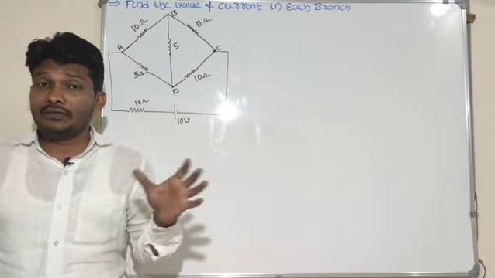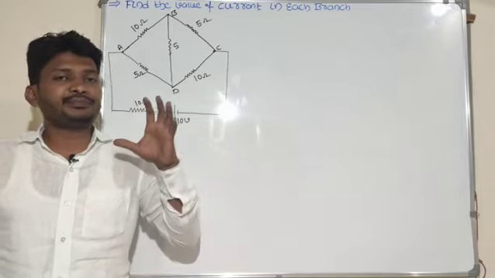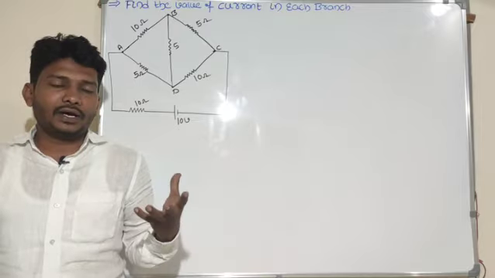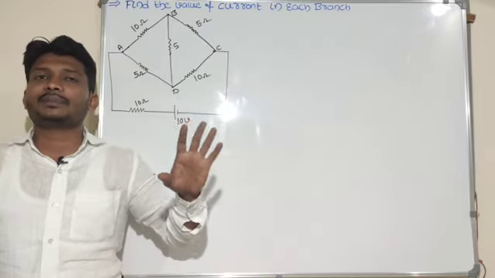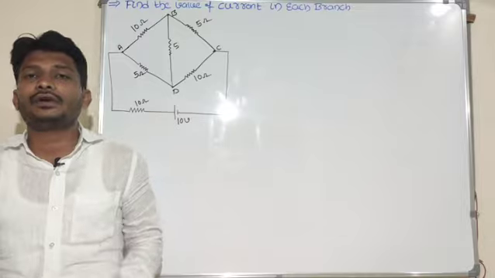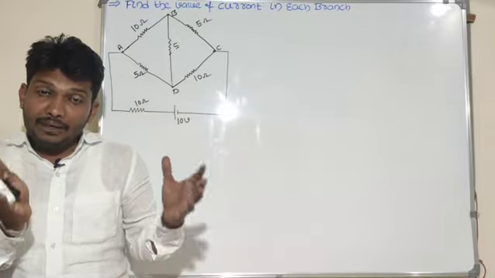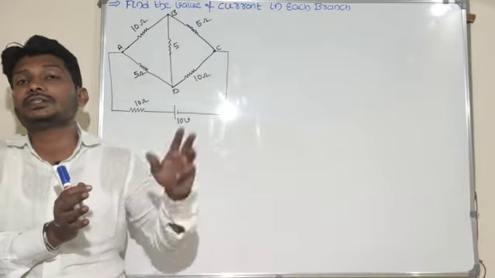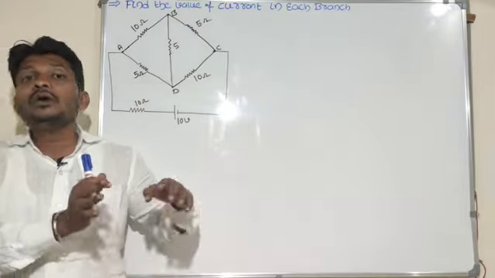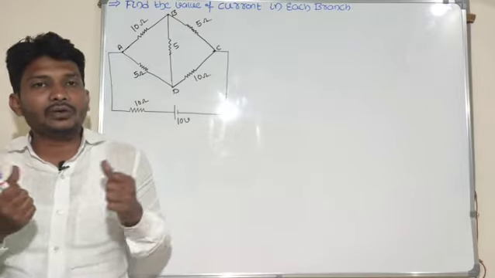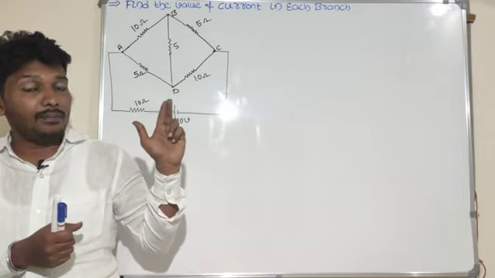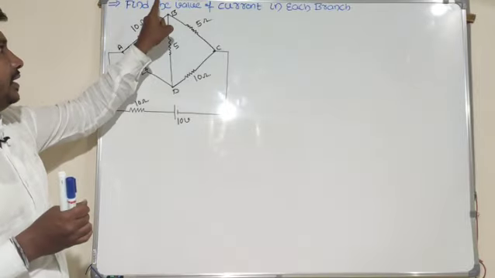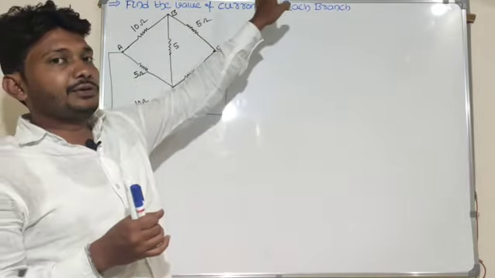So in a couple of days we were discussing Kirchhoff current law as well as voltage law. Related to that, we derived the expression for the balancing condition of the Wheatstone bridge network. The main purpose of the Wheatstone bridge network is to determine the value of an unknown resistance. If three resistances are known, I can calculate the fourth unknown resistance by using KCL and KVL here.